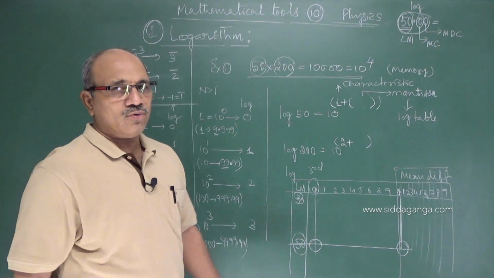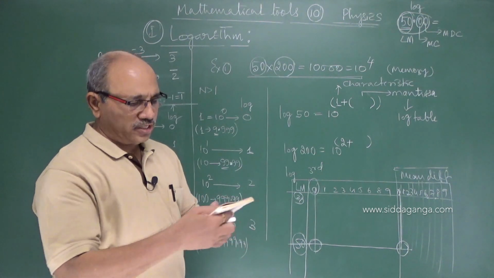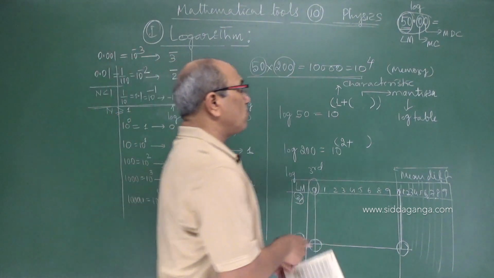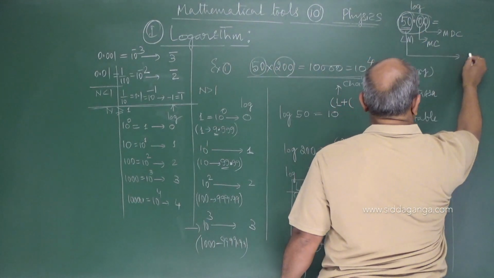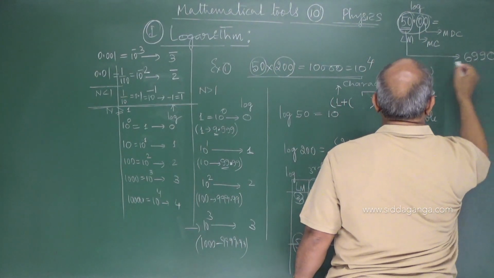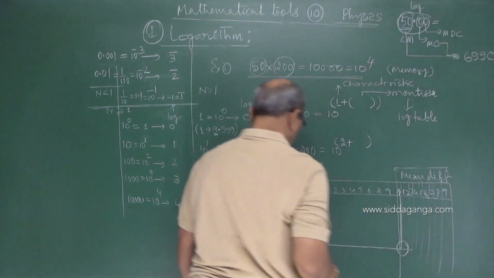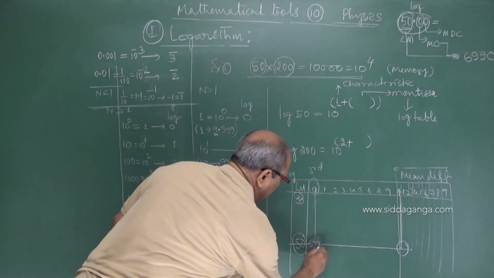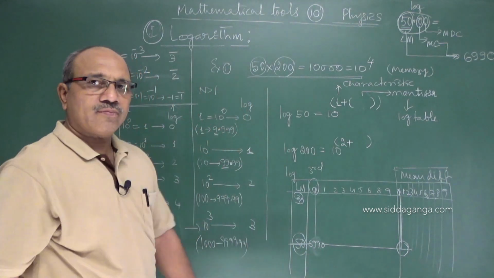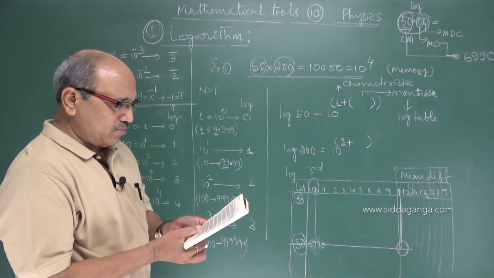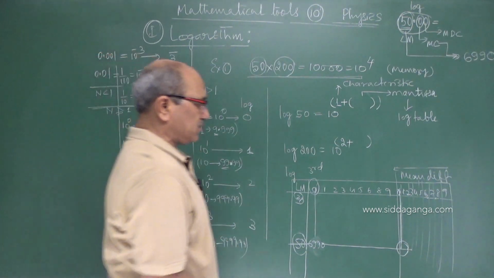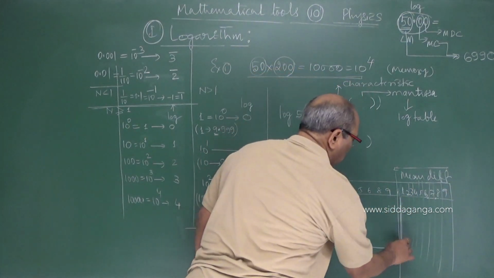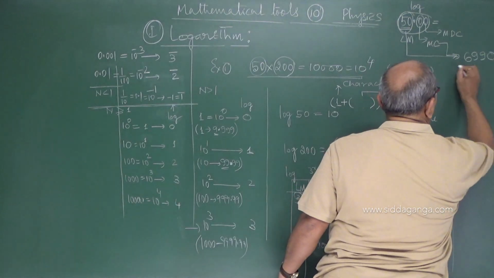And what you have to do now, I tell you. For example, if you look into 50, you are getting a number in this. For 50, I have 6990 when I merged these two. That means, if you read in the book, here they have written 6990. And if you come to the mean difference column, for 0 it is not present, therefore leave it. The 0 column is not there, it is only with 1. Here no such column. So this is the value, nothing else is there.